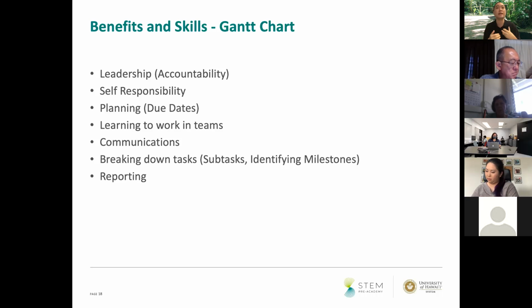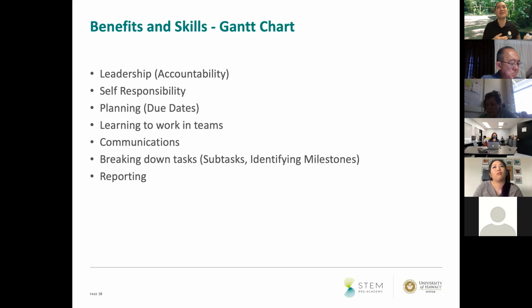And then also breaking down tasks. This is very difficult even for guys like me who've been doing it for years, to clearly break down the tasks so everybody understands what the goal is for each task in the project plan. And it's also a good way to do reporting. So your students can come to you to report where they are in their project by schedule, and do they see any bottlenecks